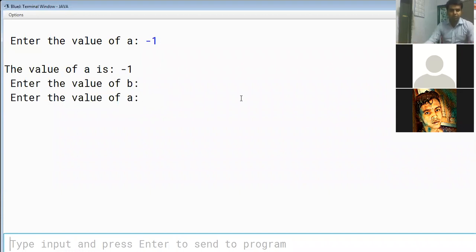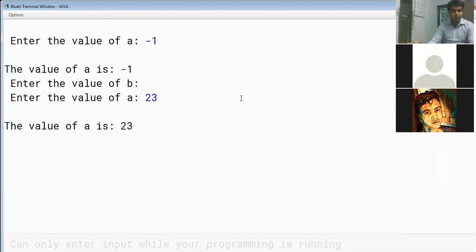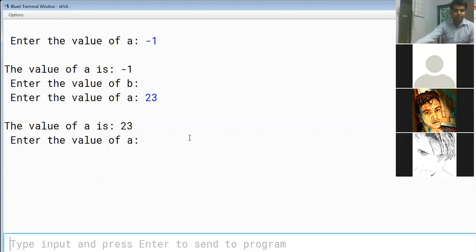Now, as Jishu has asked, I will try to see whether a 2-digit value can be taken. So I am taking 23. 23 is acceptable. 23 lies within the lower limit and the upper limit of the byte data type, so this value can be accepted. That is why the value is getting stored in the data type. I'll rerun the program. So what is the limit? The limit is given in the book. You have to study it. It has already been discussed.